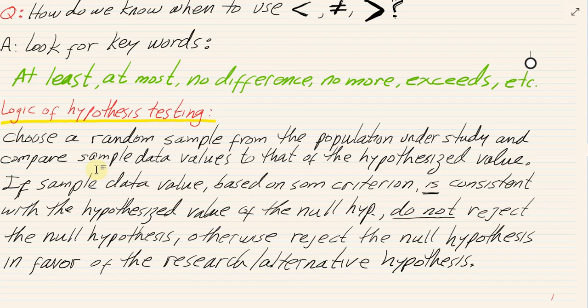Most likely they're not going to be exactly equal because we're sampling. So the question is, how close to the hypothesized value did we come? If we are within a margin of error,